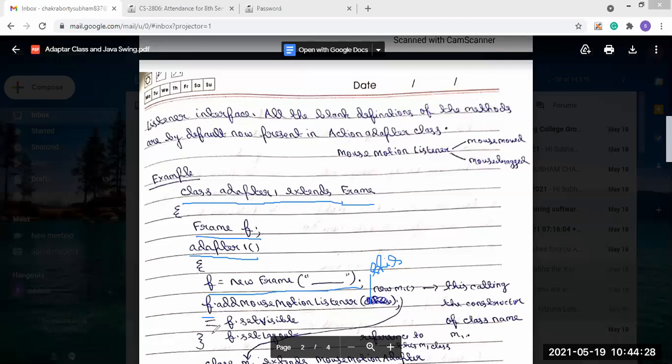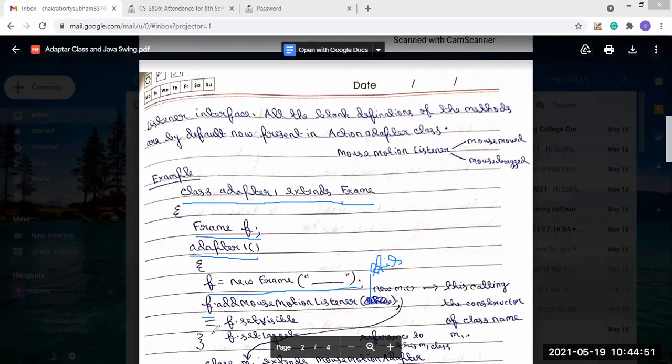In place of this keyword, what have we used? We have used new M1. Now what is new M1? It is the object of the M1 class.